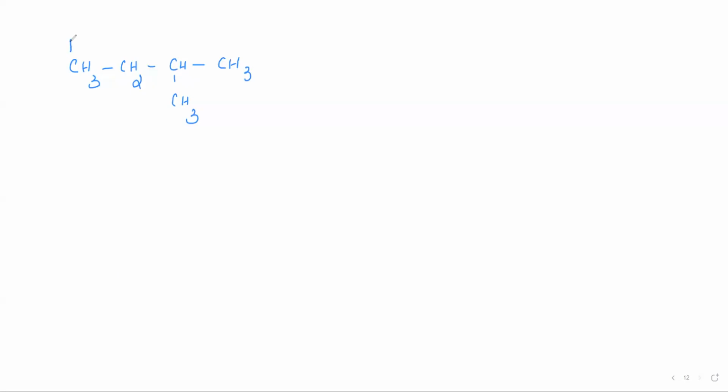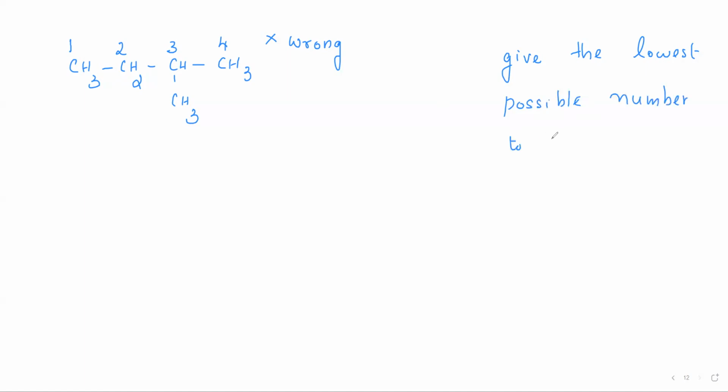Okay, now if I start numbering from the left side, 1, 2, 3, 4, the methyl now comes on the third position, right? But this way of numbering is wrong. Why is it wrong? So after finding the substituent, your second task is to give the lowest possible number to the substituent,